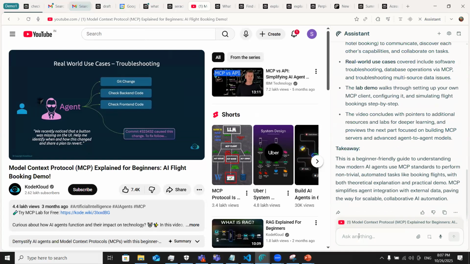Okay, you can ask follow-up questions. What are the real world use cases and companies? See, real world use cases it has given, but one of the follow-up questions is like which companies are using it. Which companies